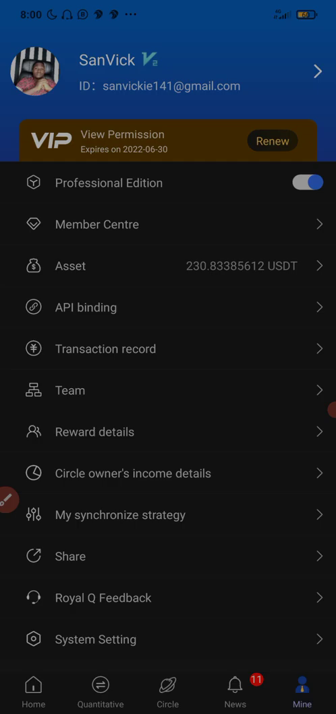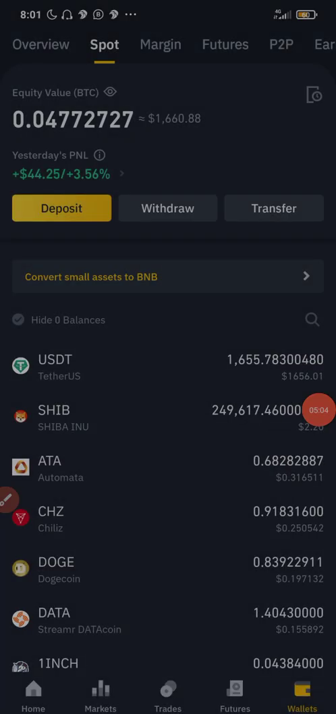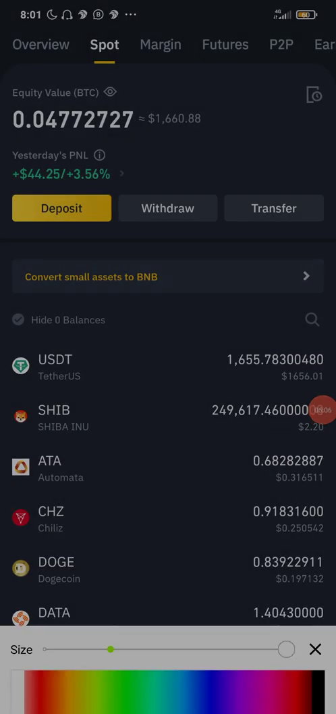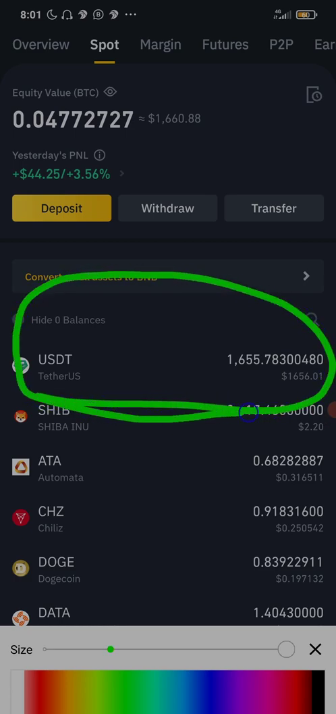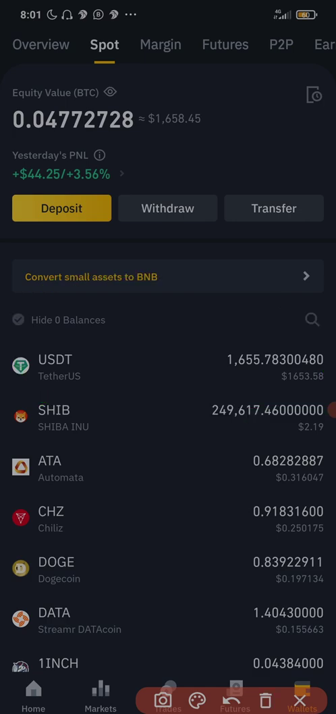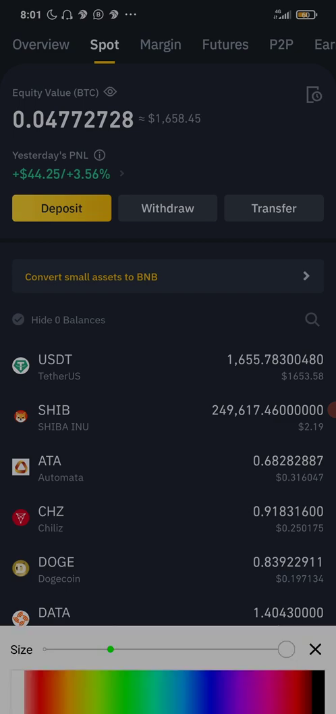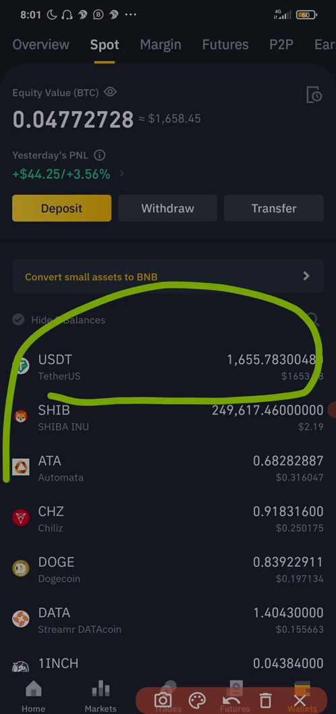Okay, so currently I have 1656 USDT in my Binance wallet. For you to trade, for you to use the Royal Q bot, you must make sure you have USDT in your Binance account. Okay, in my previous video I actually set up trades and I have cancelled those trades